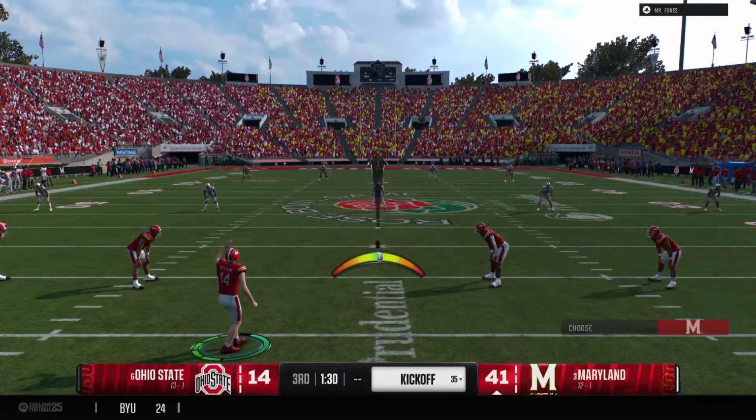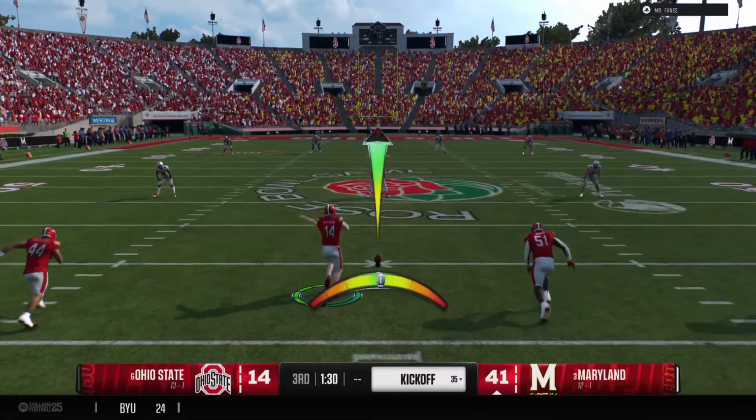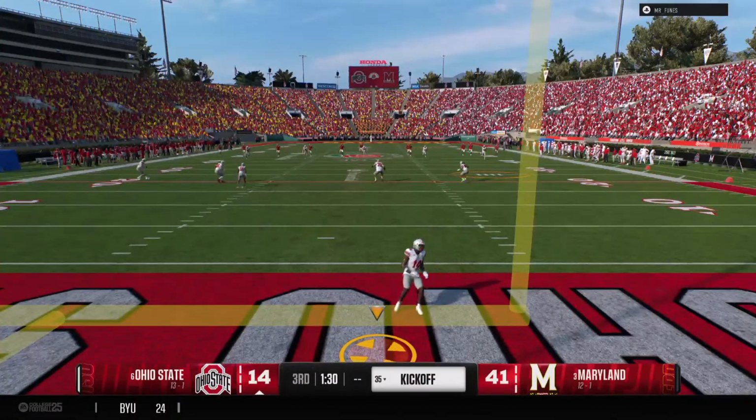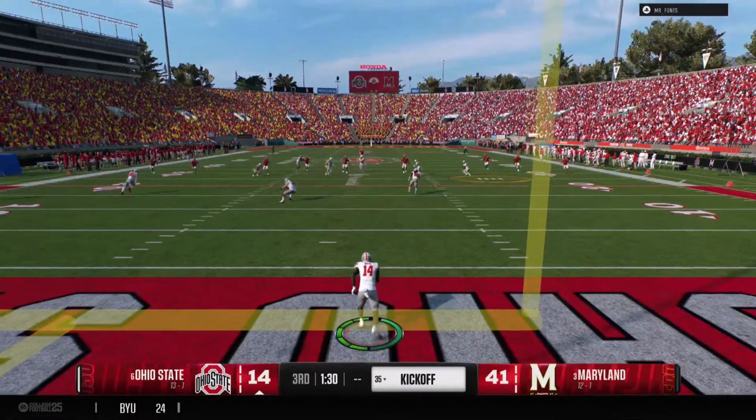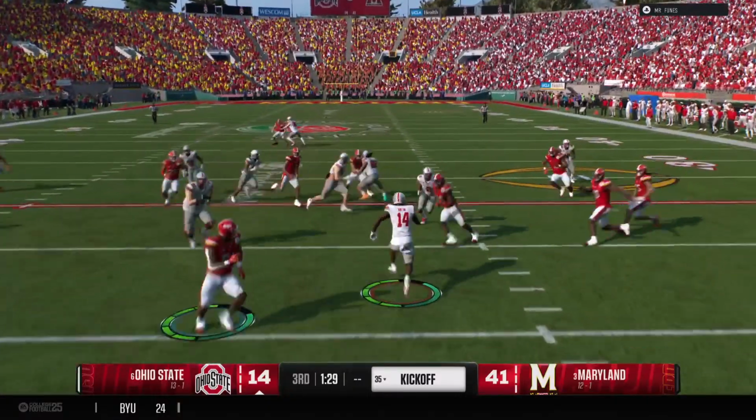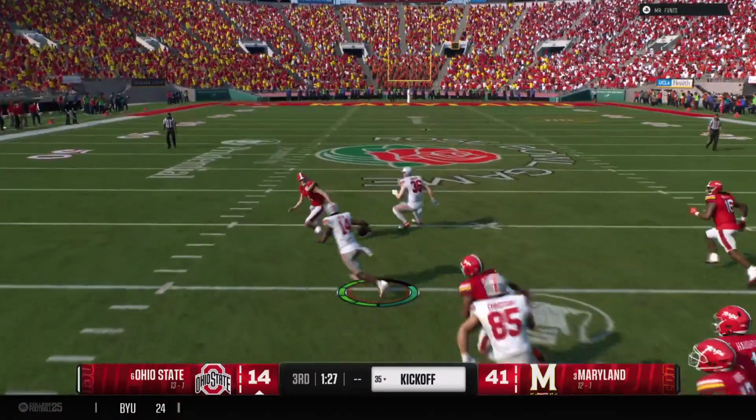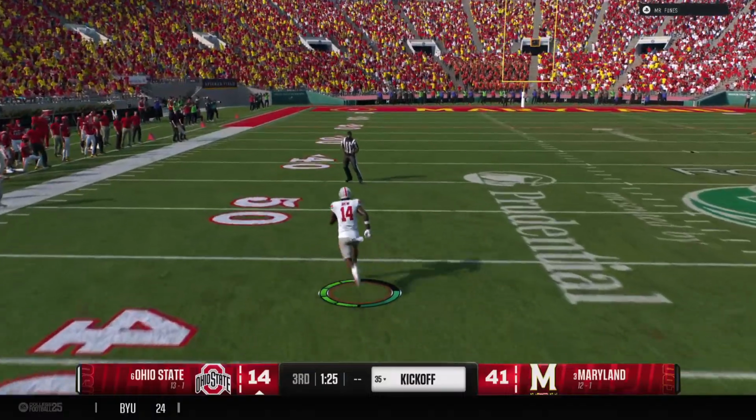Really tough to defend. Right now, the defensive coordinator, you can see him down there. He's throwing his headset. He's frustrated. He's got to come up with some new wrinkles to try to slow this guy down. He's going to return it from deep in the end zone. He's got some daylight, turning on the speed.